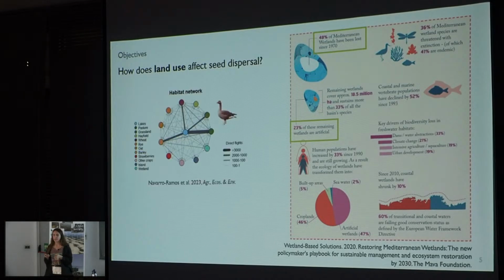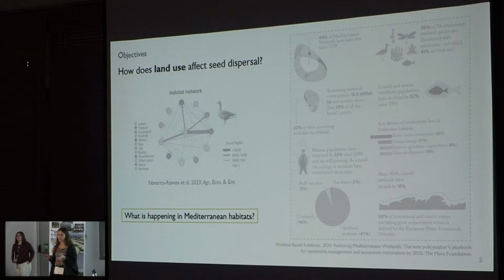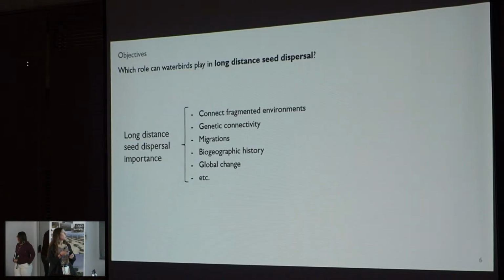For example, in this study of seed dispersal by greylag geese in Sweden, we can see the habitat use network of the greylag geese, and we can see how they visit and connect natural lakes with a wide variety of croplands. So we would like to see what is happening in Mediterranean habitats where, for example, for greylag geese, there is no study on seed dispersal. Secondly,